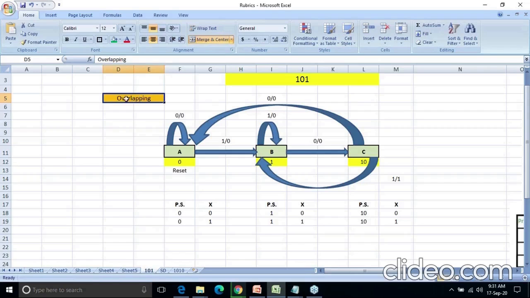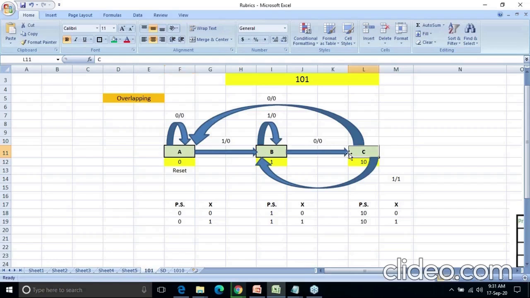Is it clear? So first, here you are able to see the states. Don't draw squares; again and again I am repeating, this is for Excel, and I feel that it is easy for me to explain using this instead of going through the PPT only. So for that I have created it like this. So this is A, you need to draw a circle. B also you need to draw a circle. C also you need to draw a circle.